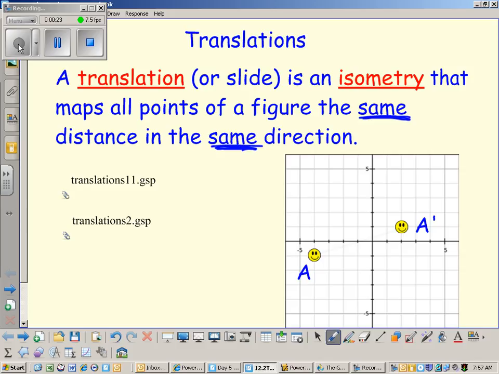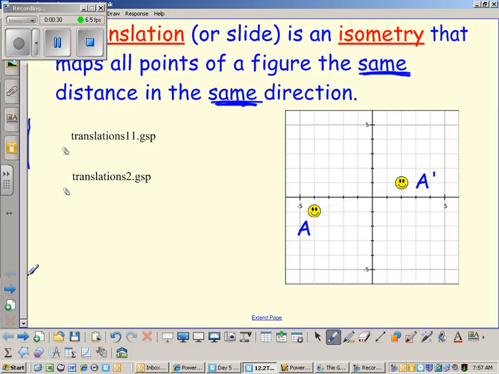Everything happens the same. So if we are looking at the point A to A prime, A is our pre-image, and A prime is our image because of the notation of the prime. So we are going from A to A prime. So this would be our vector. So to get the translation, we write it